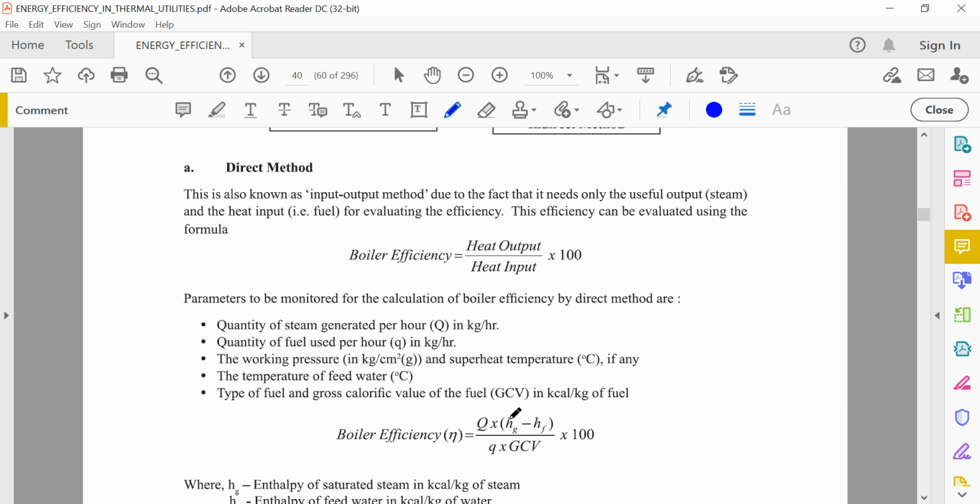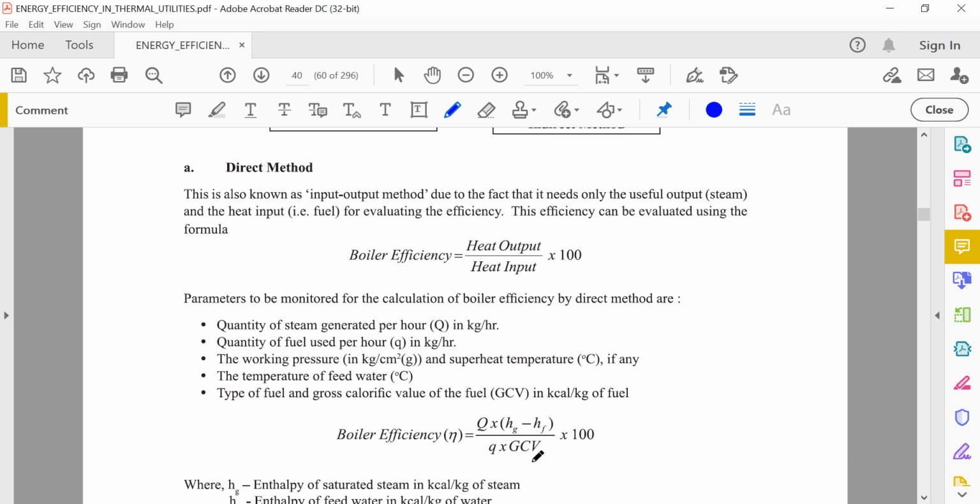Now here these two figures, Hg is the enthalpy of steam and Hf is the enthalpy of feed water, and the difference of these two enthalpies is the heat gain of the fluid or water, and this is the flow rate of steam. Multiplying these values we get the output heat,